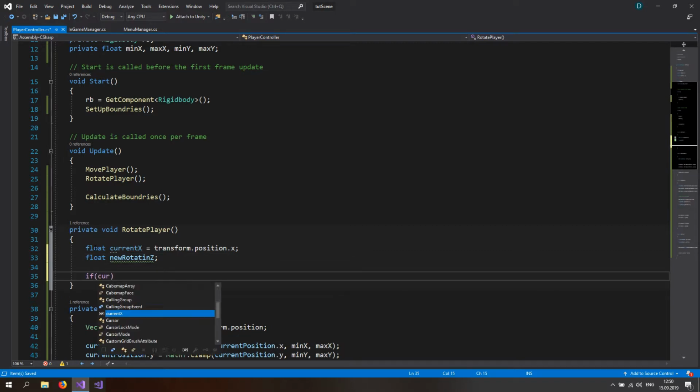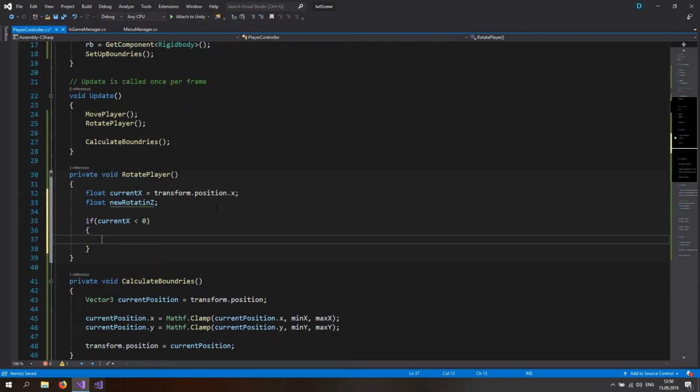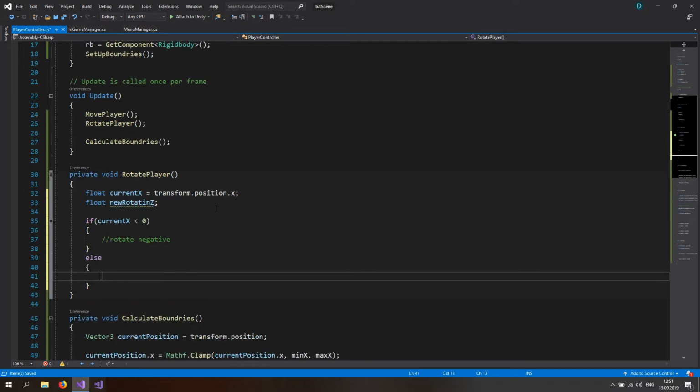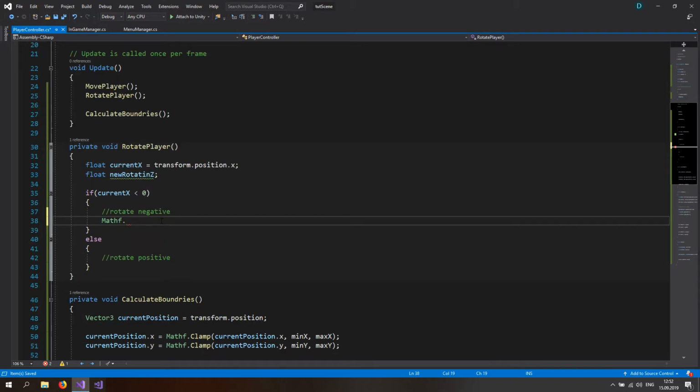And now if the current x is less than 0, we want to rotate it negative, which means that the else statement is going to be the rotate positive. Now we want to lerp in between two values, which is going to be 0 and then the negative max rotation, because we are rotating to the negative. And we want to rotate in between these two values depending on the current position. So if the current position divided by minimum x, which is basically just the biggest number just with the opposite sign of the max x,